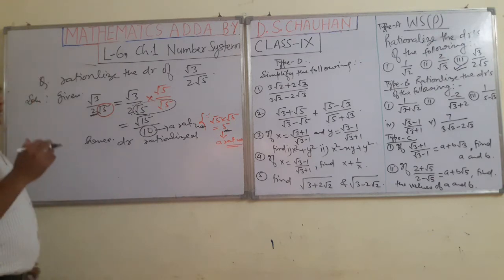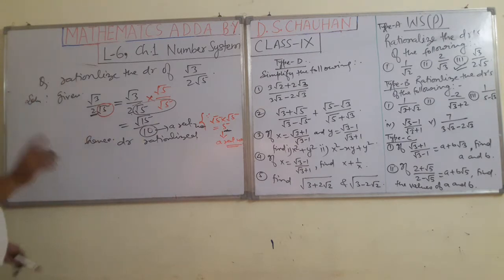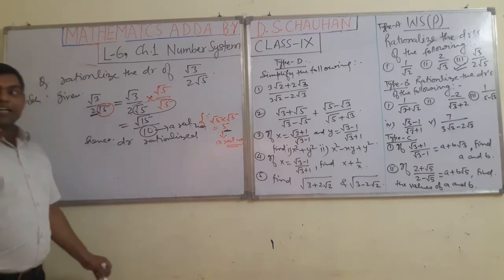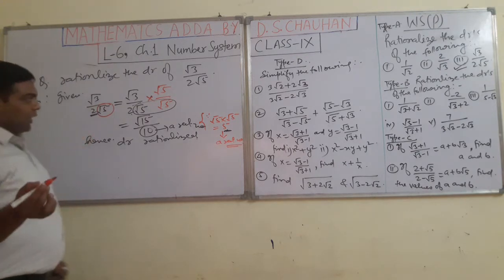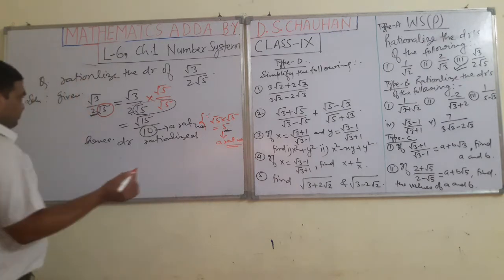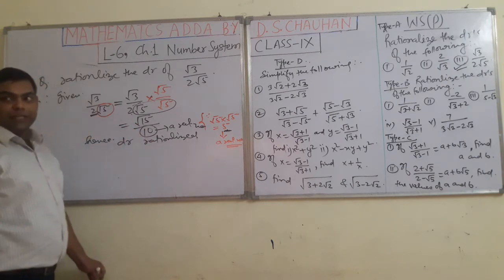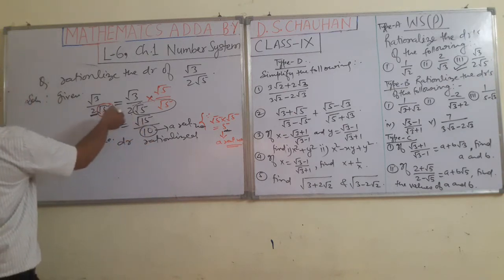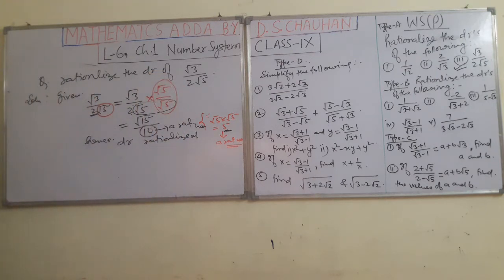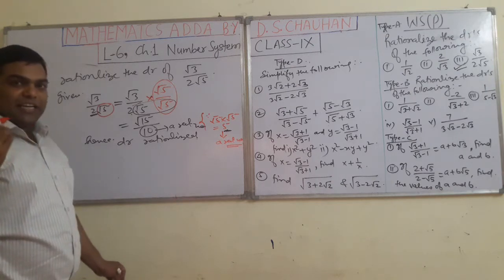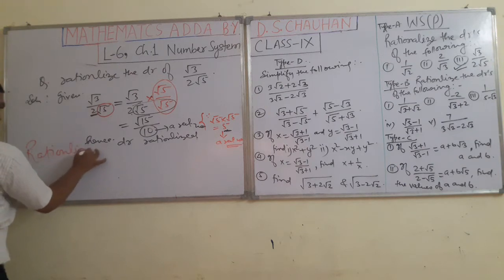Well, now students, see some more big questions based on this topic. One thing I want to introduce here: rationalizing factor. Very important thing. As in the previous question you have seen that we multiplied the numerator and denominator by under root 7. Here in this question you have seen we multiplied the numerator and denominator by under root 5. Now, the question can take place: what is the rationalizing factor? So now, rationalizing factor, I am telling.